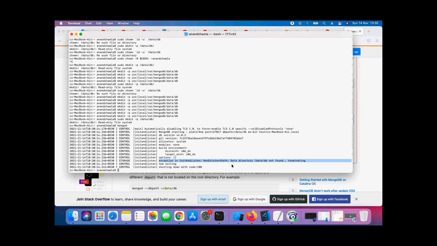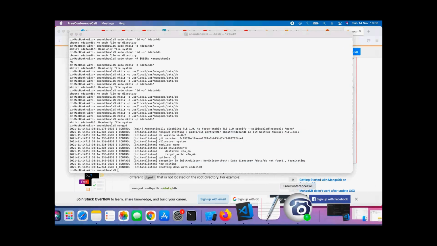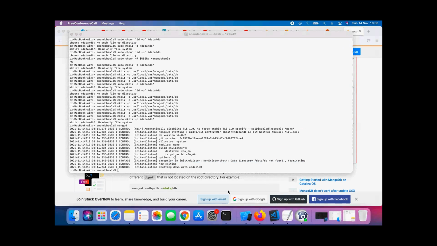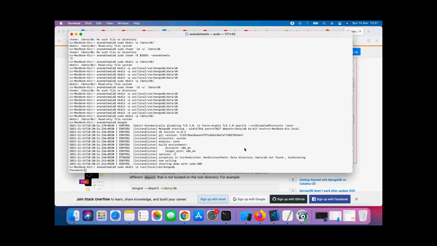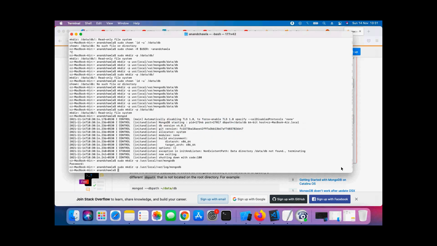Shutting down the code. Okay, so you have to create, as I showed her, you have to create the data directory like this. I'm just giving you again. Create the data directory as I put in the chat, and then create the log directory. This one, sir. Yeah, I gave you in the chat. Just see that. Yeah, 1 second. So you have to create those two directories, and then you have to